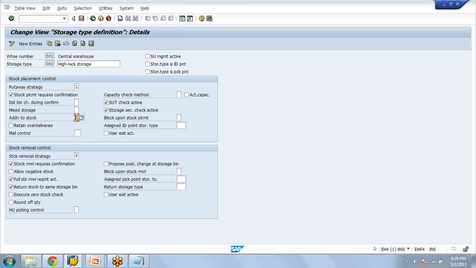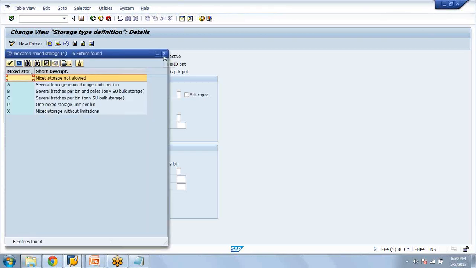The next time you procure using addition to stock, the system will go and keep it there only. In that case, if the characteristic is different, what will happen? Now what you can do is activate mixed storage. Mixed storage means, in one storage bin, you